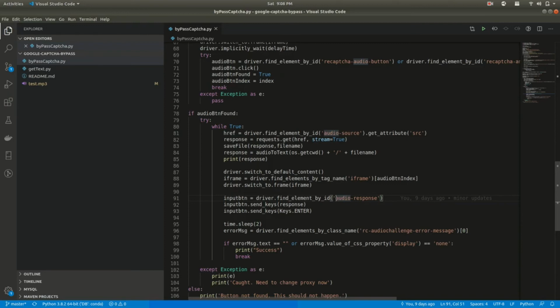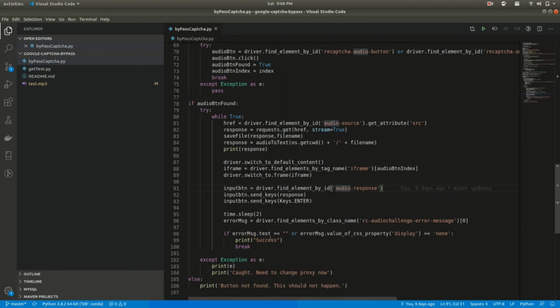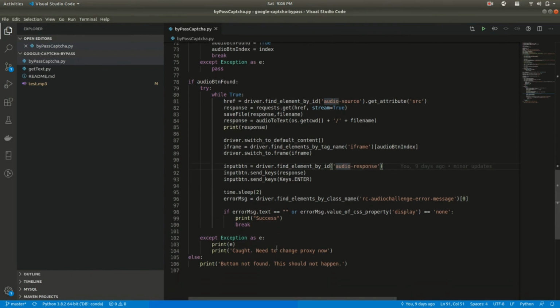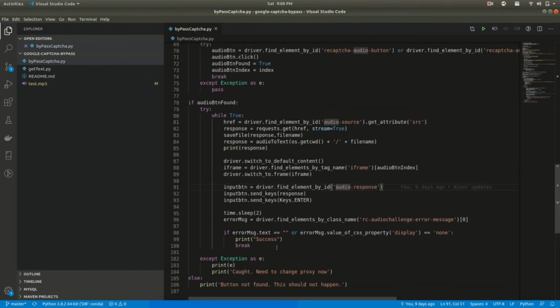So we try this step multiple times until we get success, depending upon the error message shown. If there is no error message, then we have successfully bypassed it. Also I would like to say, sometimes this particular step fails. This generally happens when we are trying this method like 3 to 4 times, and in that case our IP is blocked by Google, and due to that we are not able to bypass this.